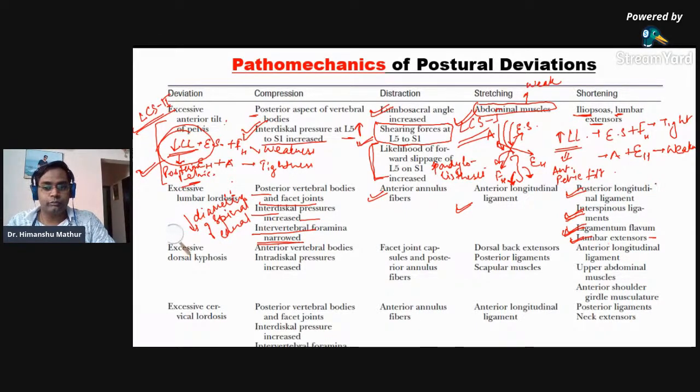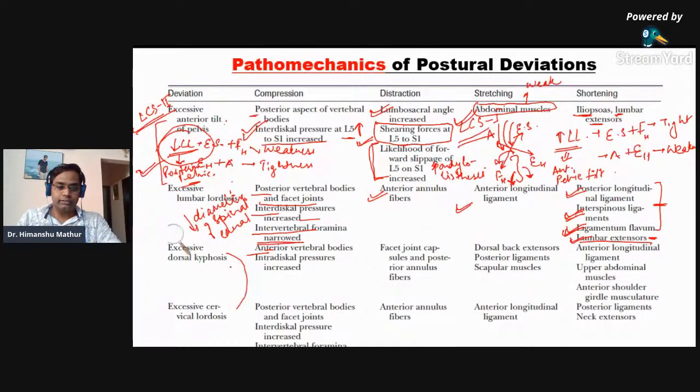This eventually will result in reduced tensile strength of these structures, and obviously tightness in your lumbar extensors, that is the erector spinae, and the other muscles also, including your quadratus lumborum, say latissimus dorsi, and other structures as well. Now excessive dorsal kyphosis: